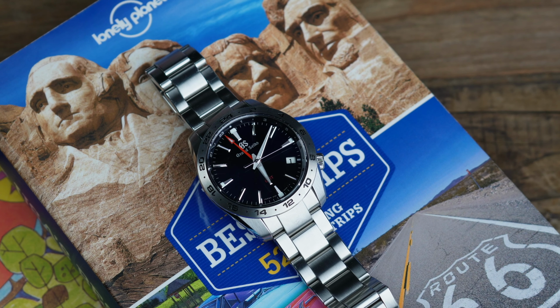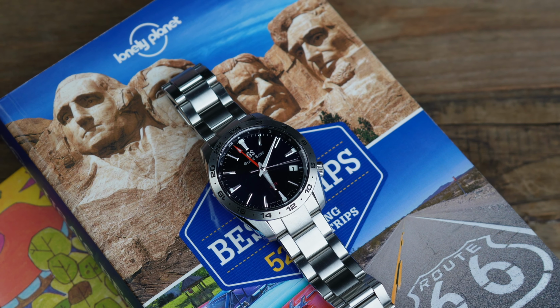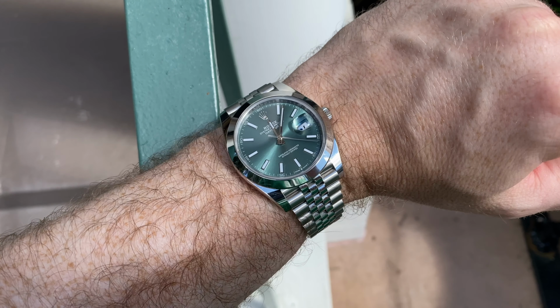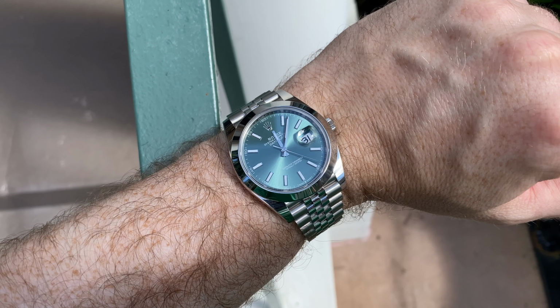9F quartz. I happen to also own a Rolex Datejust, so I got to handle a lot of Grand Seikos last year, and I've also had a lot of experience with handling Rolexes and owning a couple, so I think I can confidently say, despite what endless YouTube videos are telling you, Grand Seiko is not better than Rolex, and I have got 7 reasons why I think that Grand Seiko is not better than Rolex, and I'd love to